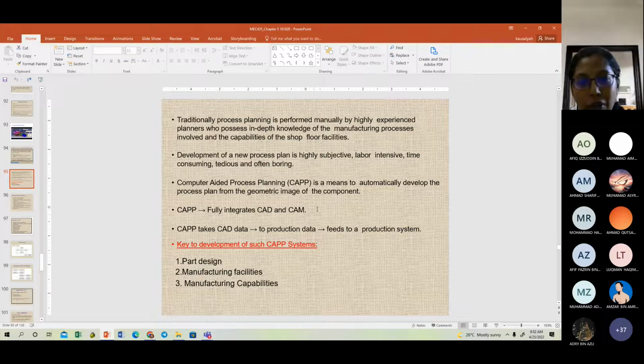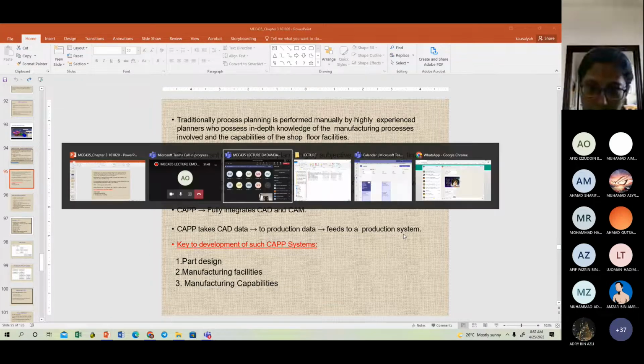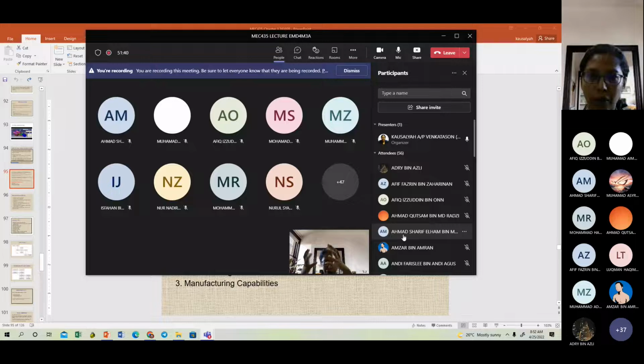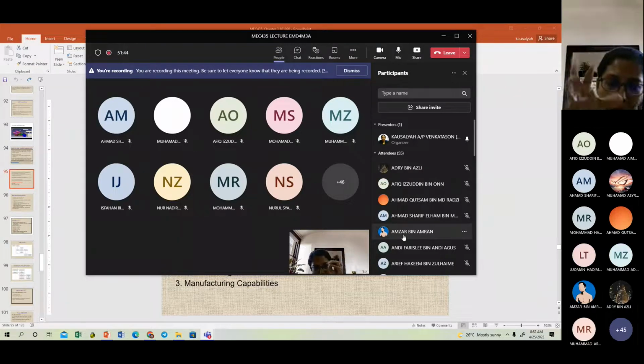where it integrates CAD and CAM. It takes the CAD data to the production data and feeds it into the production system. So how does this happen? All right. You have your CAD, right? Your model. You see this in your Catia right now. The model is saved, and then when you bring it into your manufacturing software, like Mastercam or anything